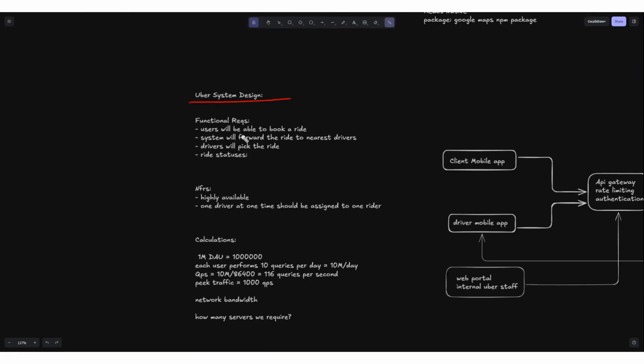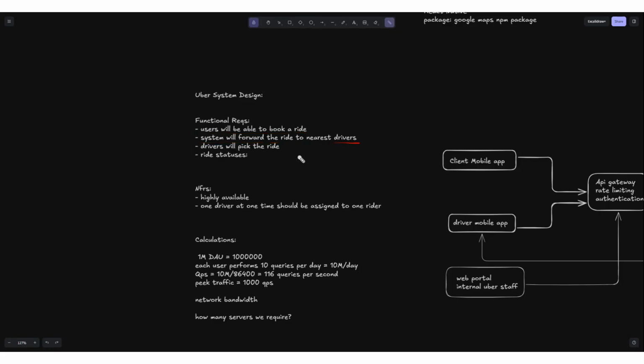Let's start with the basic Uber design. What are our functional requirements, which interviewers normally ask, and it is the responsibility of the interviewee to mostly focus on these. During the interview, it is best that he doesn't diverge from these functional requirements. And if the interviewer is not asking about other things, then just keep pinpointing these functional requirements the whole time. Our first one is that the user will be able to book a ride.